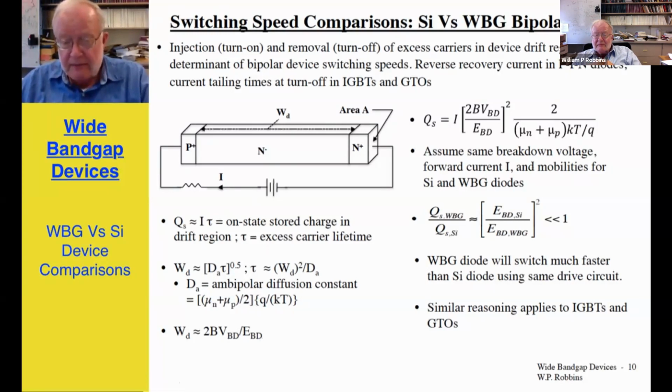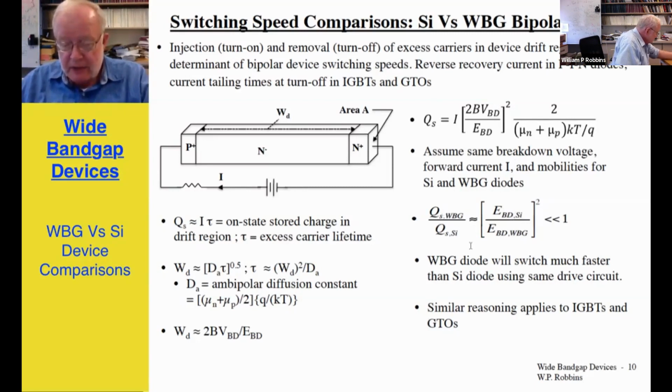Putting all that together, you can show that the excess stored charge is given by the current times these other parameters. And the thing to note is that it's proportional to the square of the breakdown voltage and over 1 over the square of the breakdown field strength. If we compare a silicon diode with a wide bandgap device, one can show that for the same current and the same breakdown voltage, and assuming the mobilities are the same,